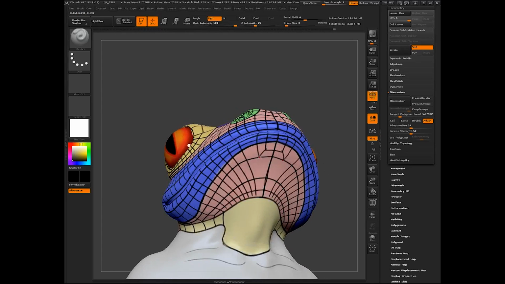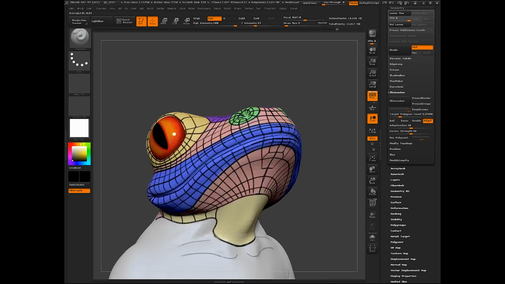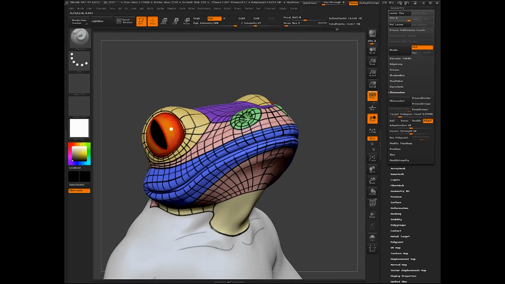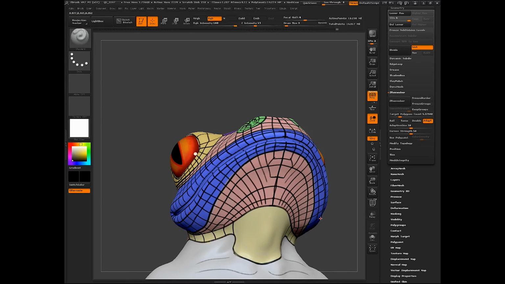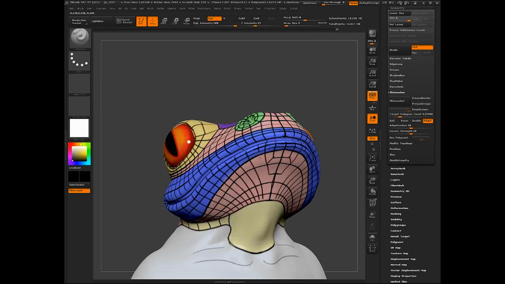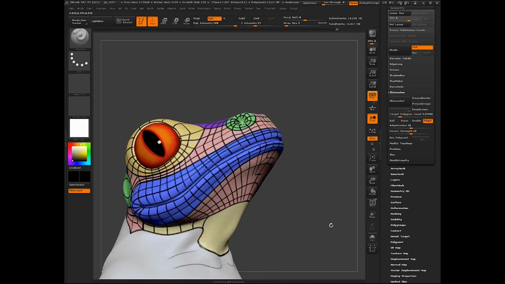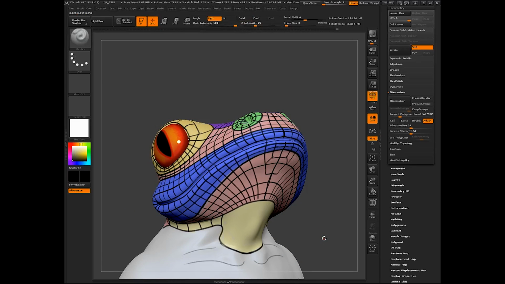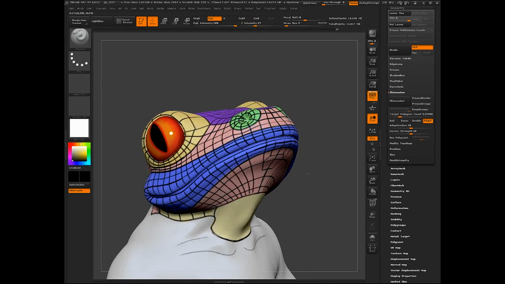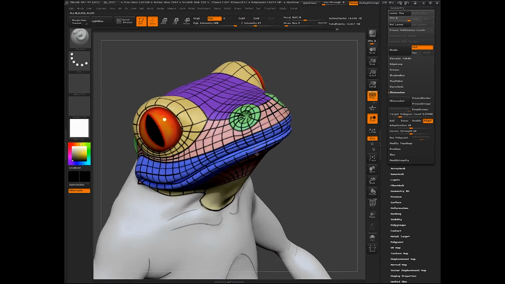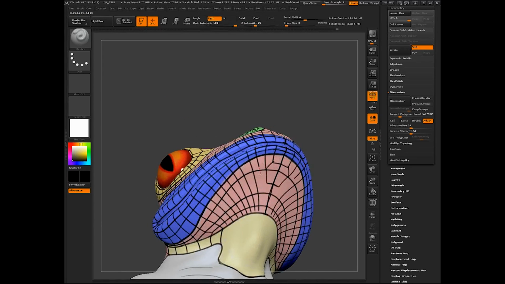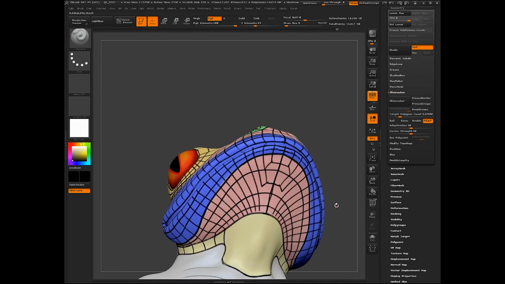So you can kind of see how it's a little blocky in there, but you can kind of see how that edge is getting tied off. And I think that once we get into our retopology, we're going to have to deal with this a little more. And I think that we're going to have to not continue. So there's 2 edges that I'd need to put in from the top lip. I don't think that we're going to be able to do that. So I just bridged the 2. There's only 1 edge that I brought down through.